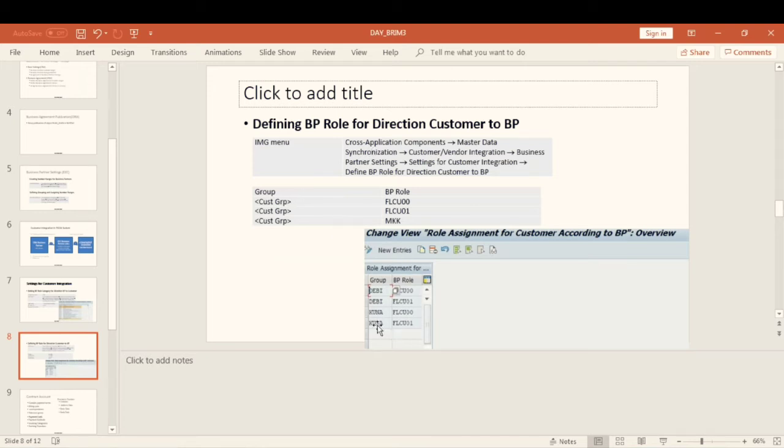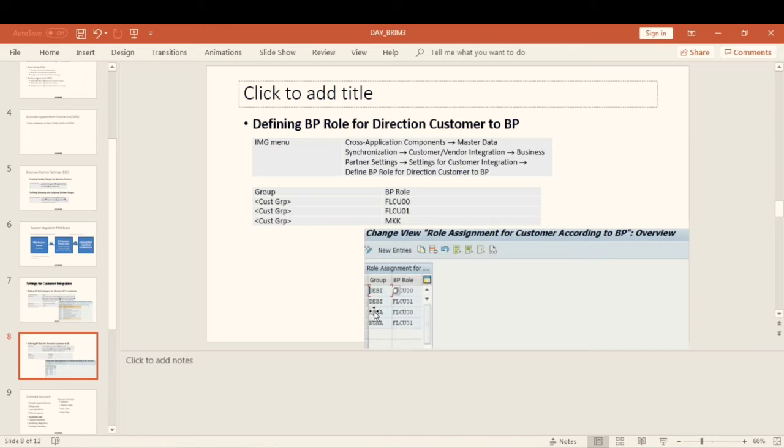We will create the account groups like DEBI, KUNA, and to these account groups we will maintain these business partner roles FLCU 00, FLCU 01. I said that CI is not added in our ECC system, so I could not add the MKK role.